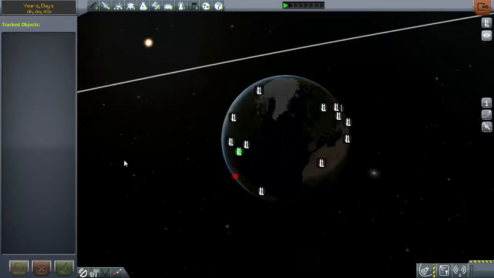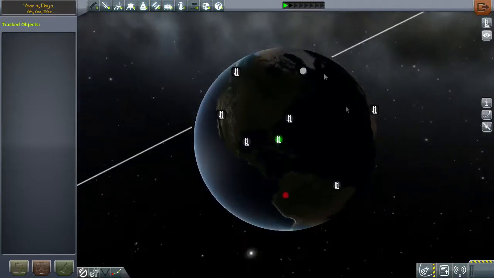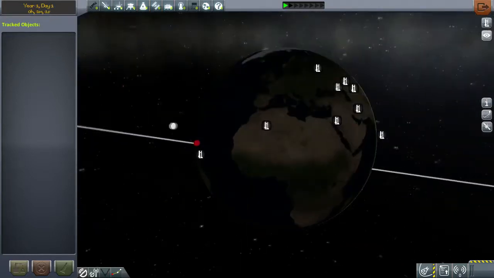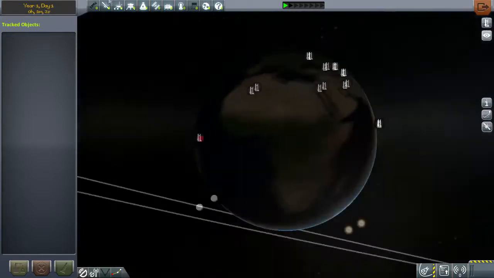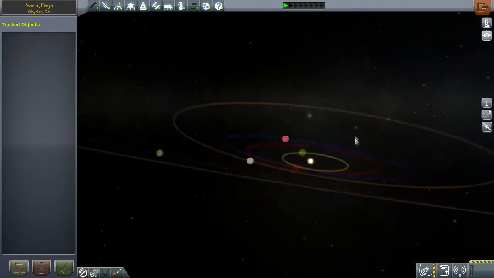I'm abandoning the save file that I had. Just gonna put that out there right now. I have installed the Realism Overhaul mod, which is actually a whole bunch of mods, including PlanetSide, as you can see here. It does include Real Solar System as well, so if I zoom out, you will see that everything